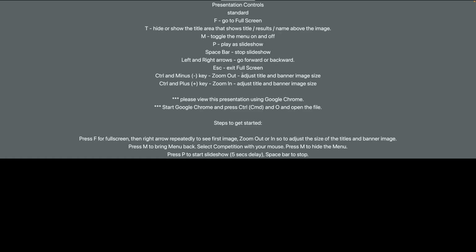Okay, now sometimes depending on the way your screen is set up and your projector, you may need to use Control Plus and Control Minus to zoom in and zoom out to get the image to show directly. Generally, it's correct, but sometimes that happens. Okay, so then if you're having trouble getting into it, there's a point there to use Google Chrome and use Command O to open the file. So I'll press the right arrow,